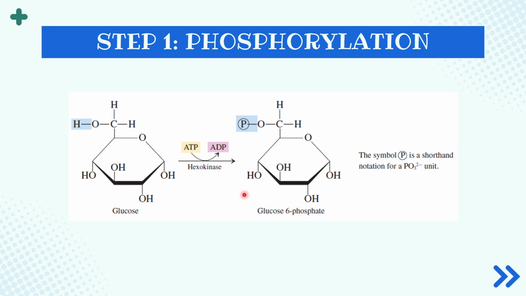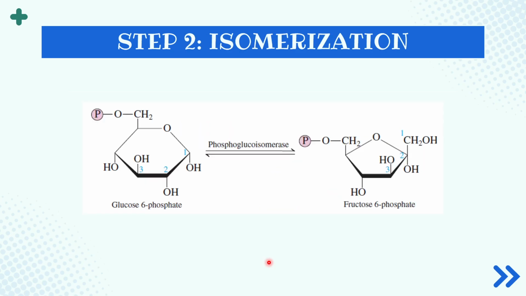So again, glucose will become your glucose 6-phosphate and the enzyme that will catalyze this reaction would be your hexokinase. And then next would be isomerization. So isomerization means there is rearrangement of your molecules. And what did we rearrange here in your glucose 6-phosphate? So that would be in terms of your first carbon. So what we did here is that we released the first carbon na dili na siya part sa inyong ring, thus forming your fructose 6-phosphate. So this time, dili na siya 6-sided na ring, kung dili 5-sided na ring na lang siya. And the enzyme here is your